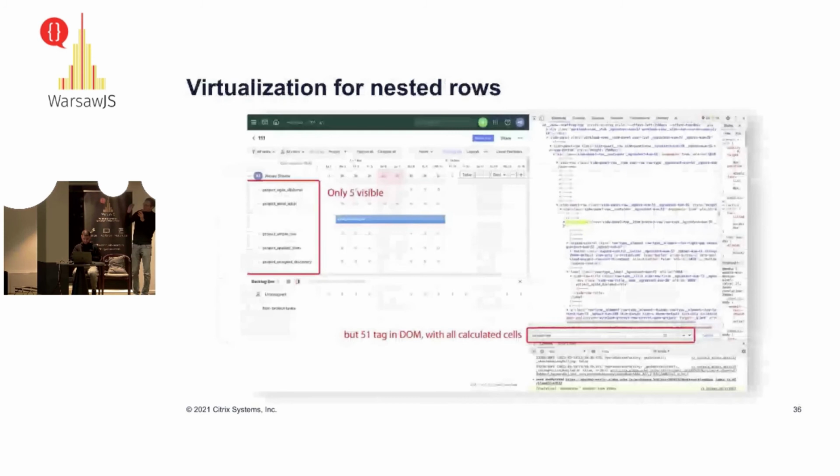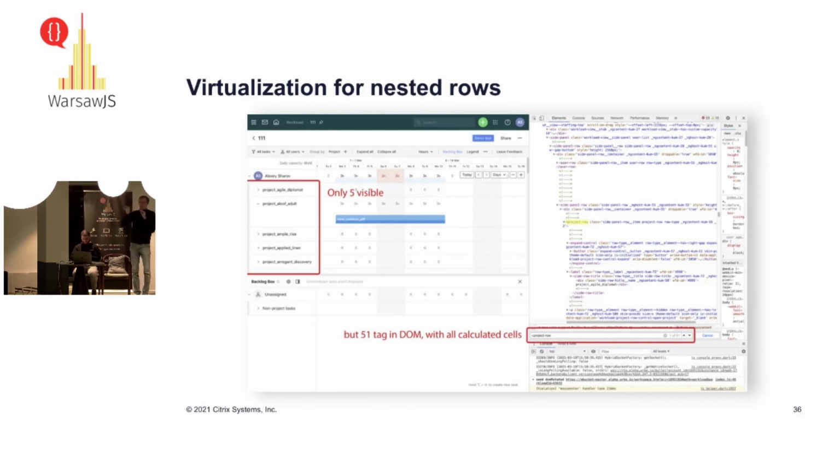And my favorite thing here: when we started Workload 3 years ago, we aimed to support infinite scrolling, so horizontal virtualization, and also vertical virtualization, so that we could display hundreds of users, really hundreds of users.